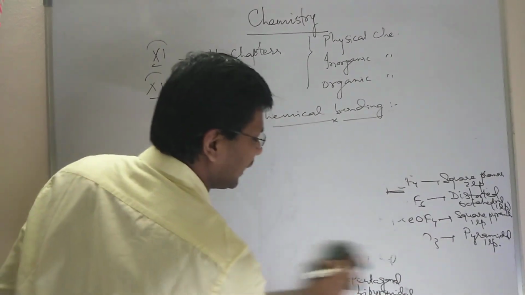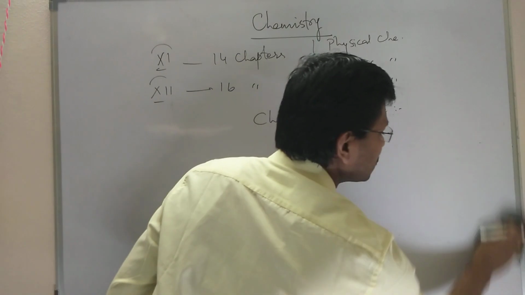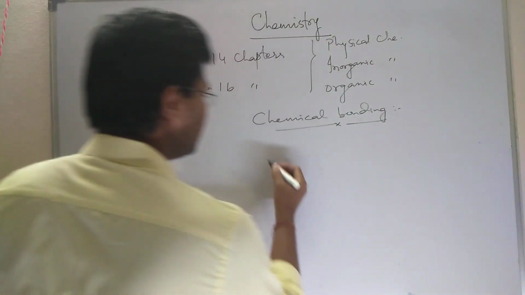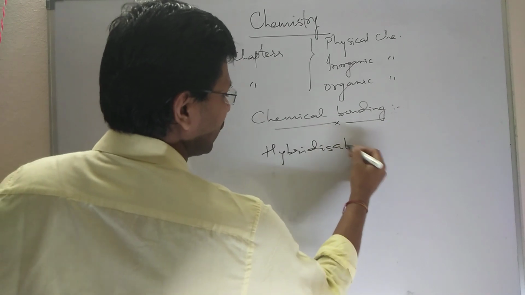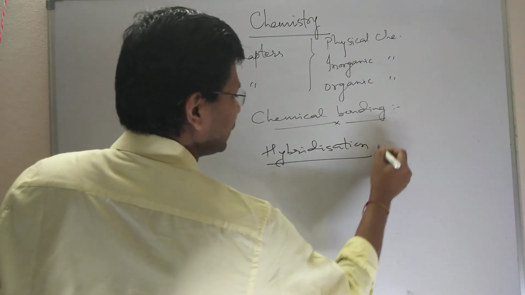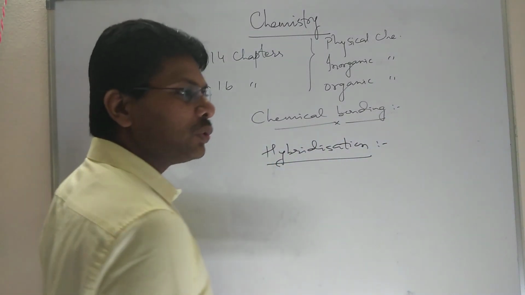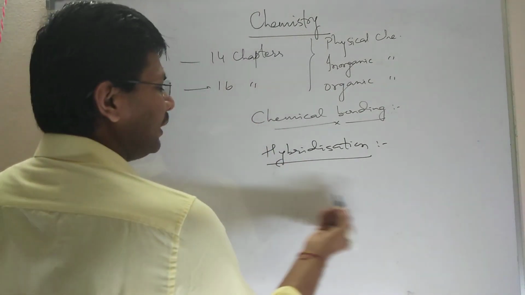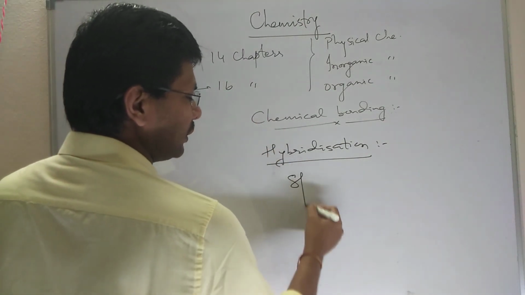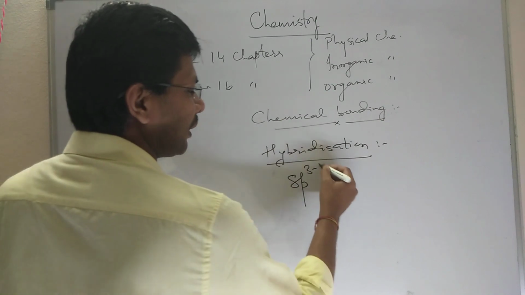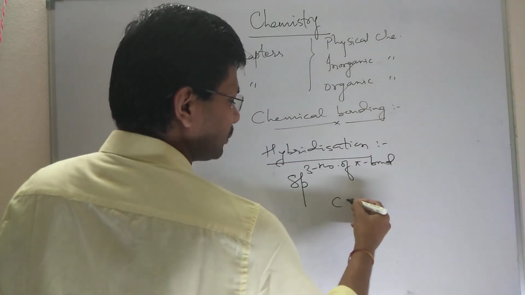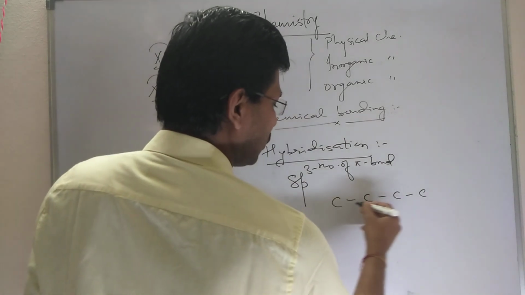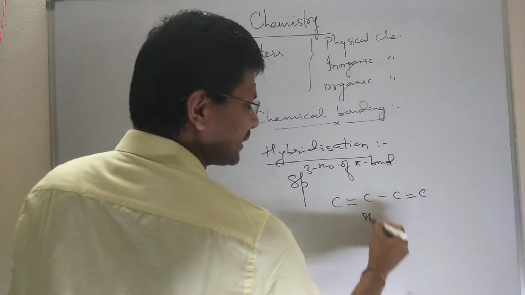hybridization part. So hybridization, they can ask you from organic as well as from inorganic compounds. They can ask you the lone pair, they can ask you the bond angle. So for hybridization of an organic compound, the simple trick you have to remember is sp3 minus the number of pi bonds. So if you have, suppose, 1,3-butadiene, all carbons are sp2 in butadiene.